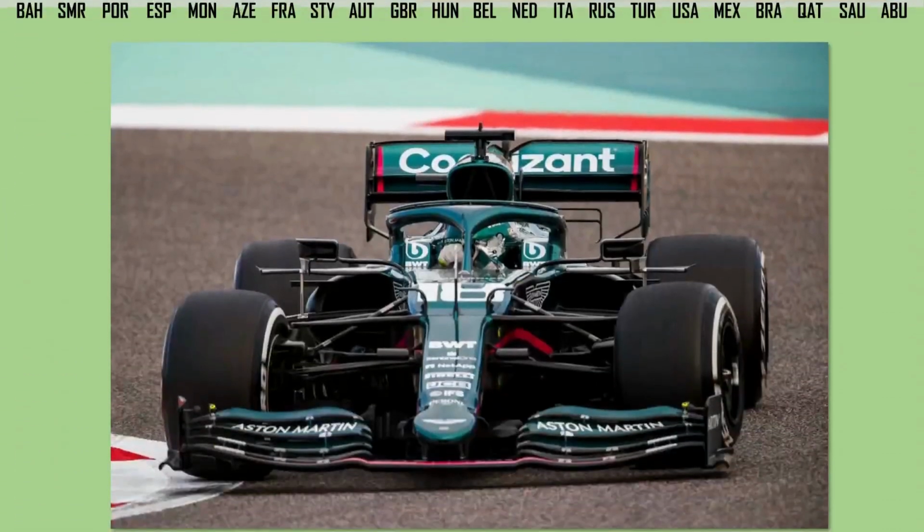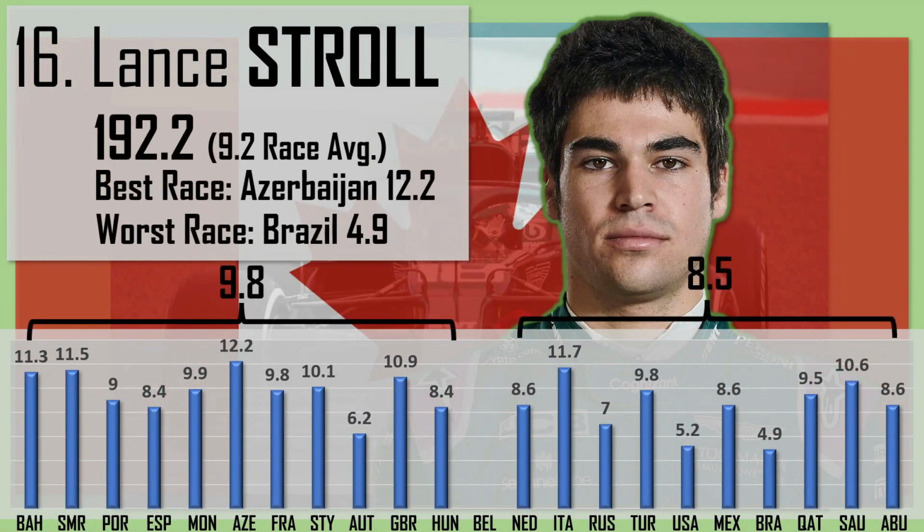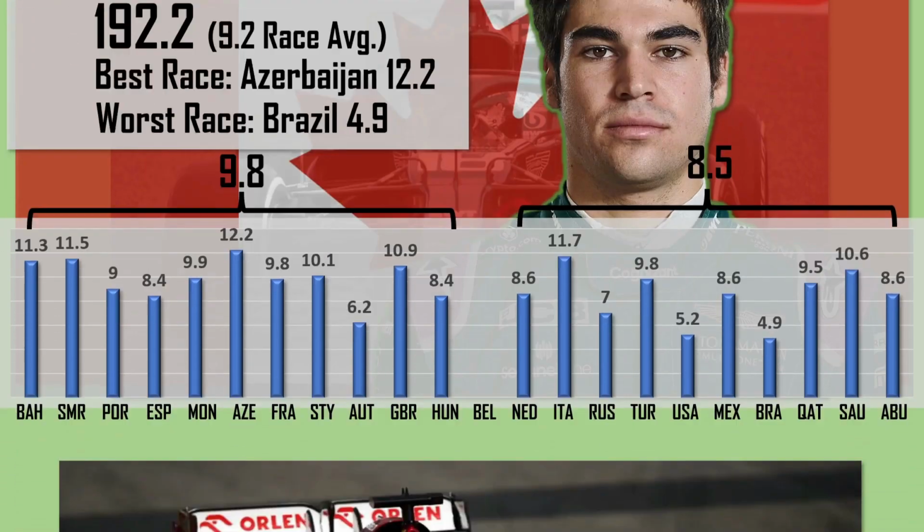P16 for the season goes to Lance Stroll in the Aston Martin. He ended the season with 192.2, a 9.2 race average, with a best race of Azerbaijan, 12.2, and a worst race of Brazil of 4.9. However, Stroll performed significantly better in the first half of the season compared to the second, with P15 going to